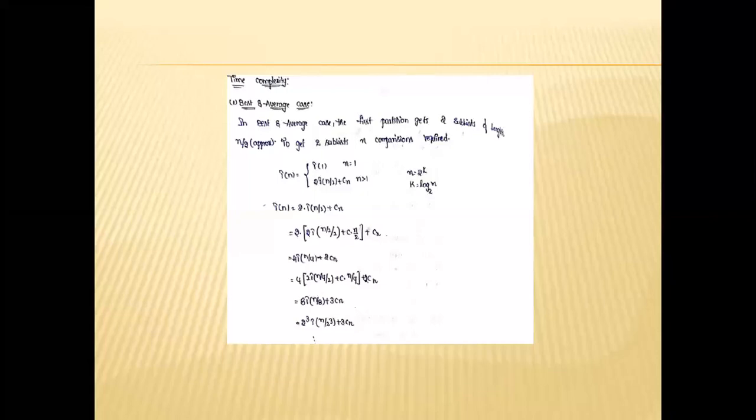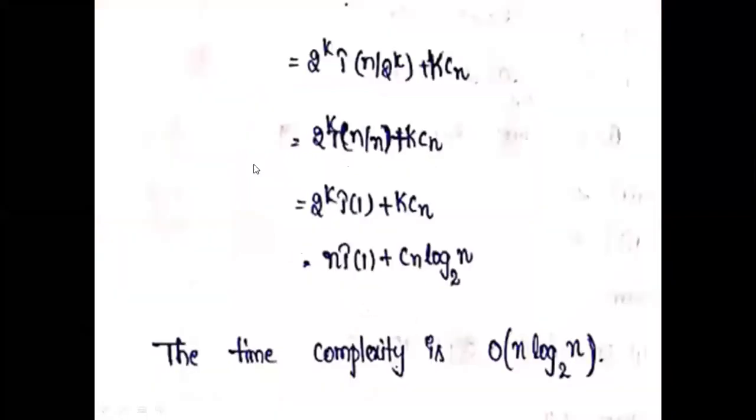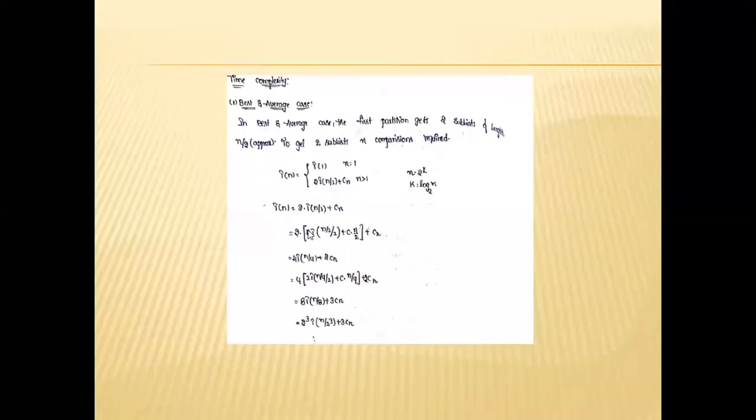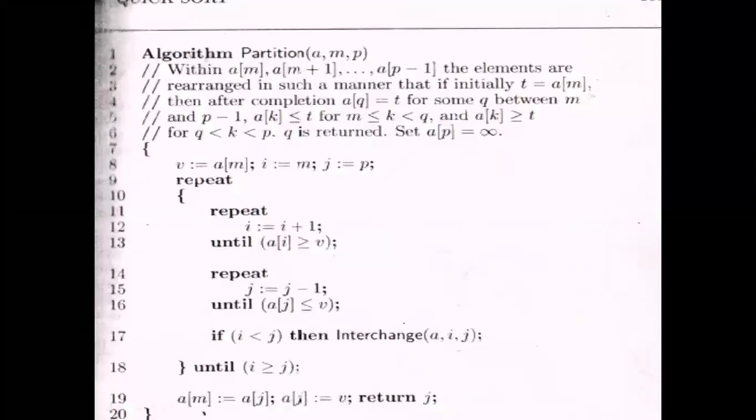They need not combine the solution because after the array is divided into two subarrays, the elements present in the first subarray are always less than the elements present in the second subarray. That's why we need not combine the solution. Same, the array is divided into two subarrays by using the partition algorithm.